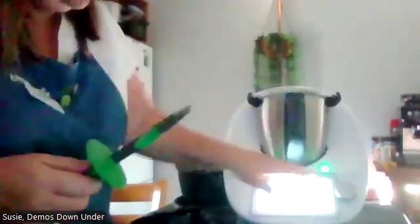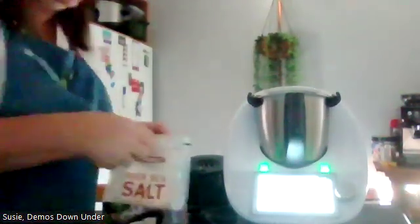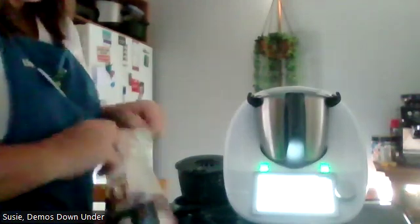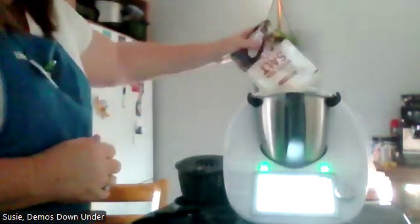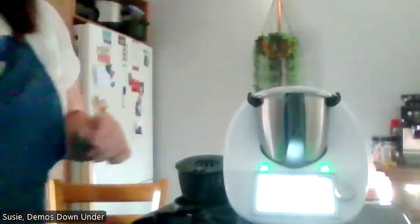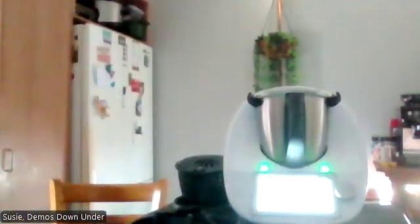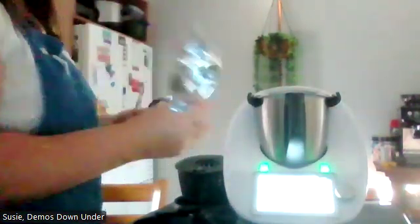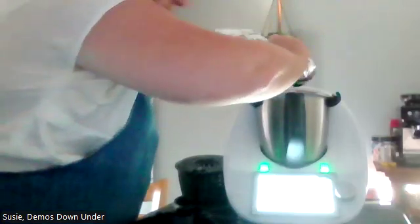All right, next. Add 150 grams of rock salt. You can use whatever salt you like. If you've got Celtic salt, use that. But do just reduce it a little bit if you're going to use Celtic salt, because it's much stronger than any of the other salt. Does sound like a lot of salt, but when you use your stock paste, it is a concentrate. 1 tablespoon is the equivalent to 1 stock cube, or 1 tablespoon with 500 grams of water is the equivalent to 500 mils of